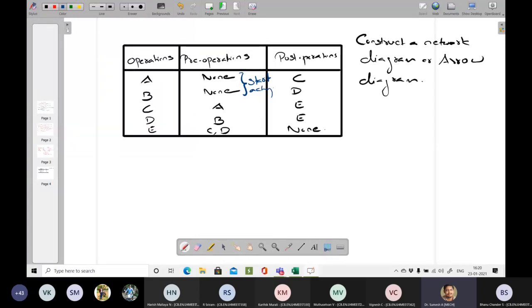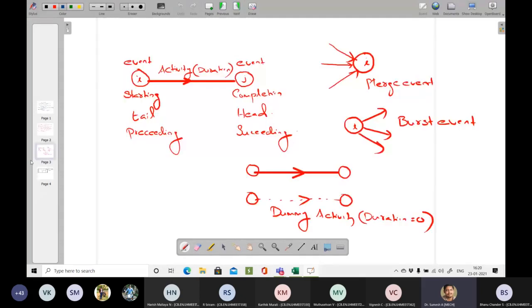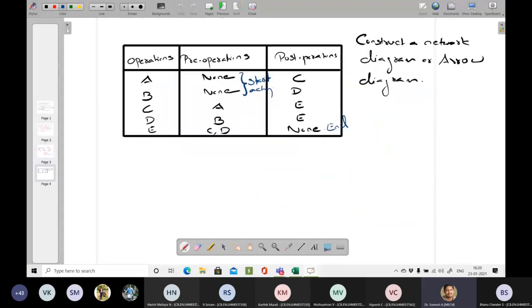As I told you in the previous case, events like merge or burst you can take over here. In the first case, A and B are the start activities. Since both are starting from one single node, node number 1, from node 1 both activities A and B are starting.